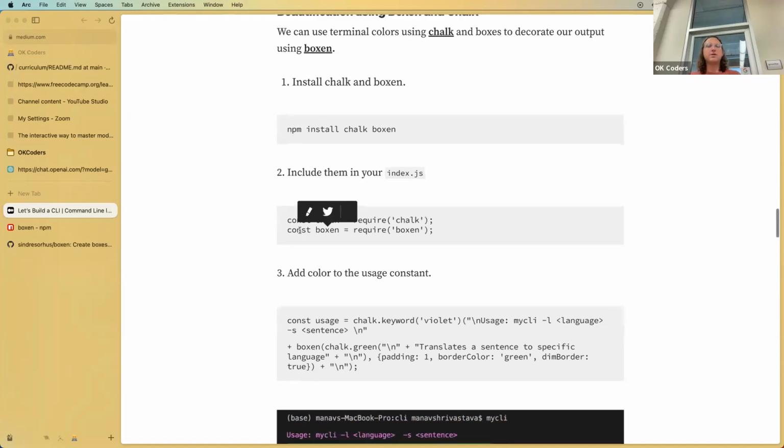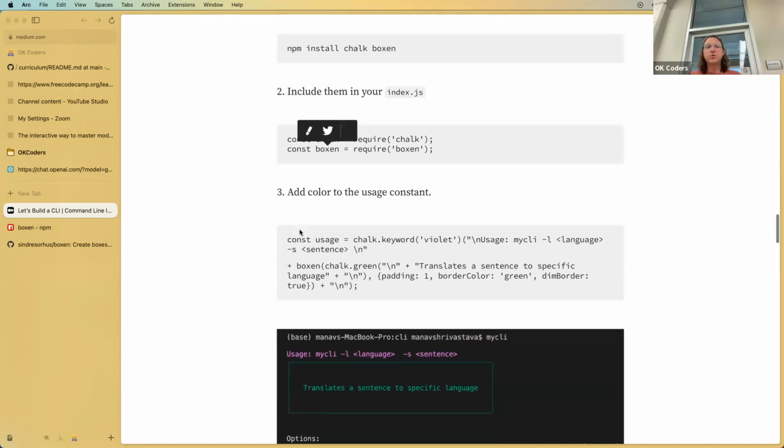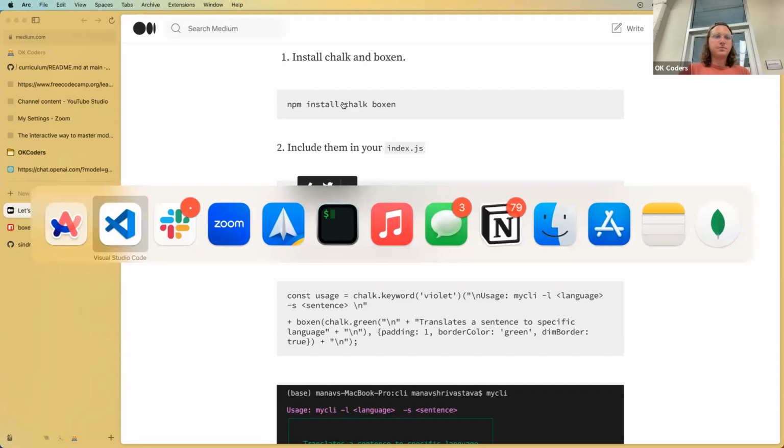And so as a bonus, I don't think you'll have time to get to this today, but you can read through this article and try to incorporate Boxen or Chalk or some of the other things that are mentioned in this article to improve your program. So that's a bonus, but basically, let me just show you real quick, if I wanted to do that,